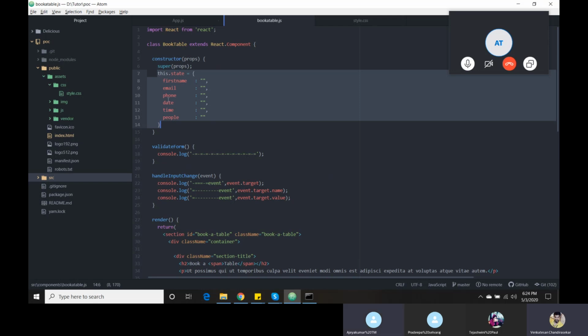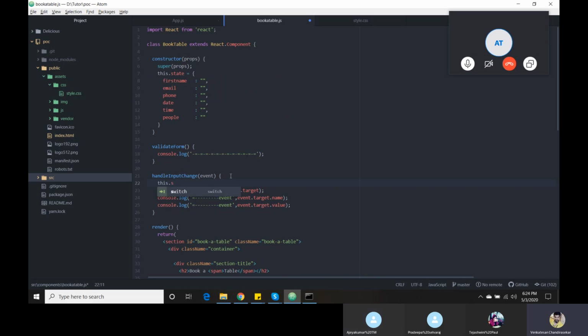This is a common syntax for declaring an object inside the constructor. Your next question is, whenever I do any onClick or onChange, I want to change my first name to whatever I am typing. The syntax for changing the state is this.setState. Make it camel case. Then open an object, then the field you need to change. Now I need to change firstName to the value. event.target.value will give the value, so I am going to use this one.